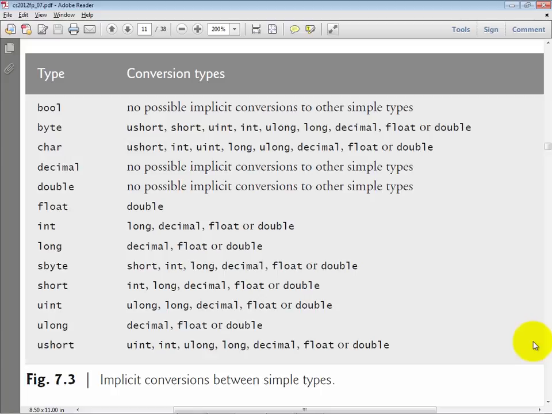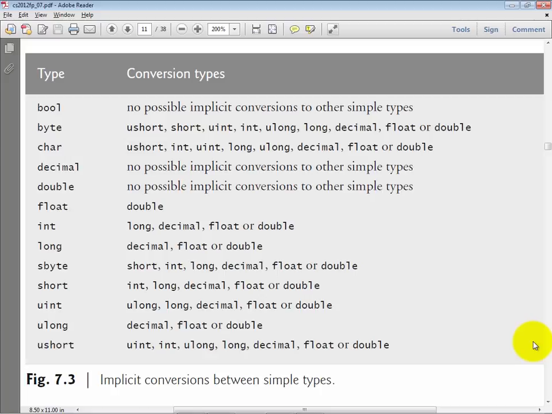And it will still return to us the square root of 4, but it will return it to us as a double value. So the square root of the integer 4 will come back to us as the floating point number 2.0. What you see here on the screen is a table showing you the allowed implicit conversions between the